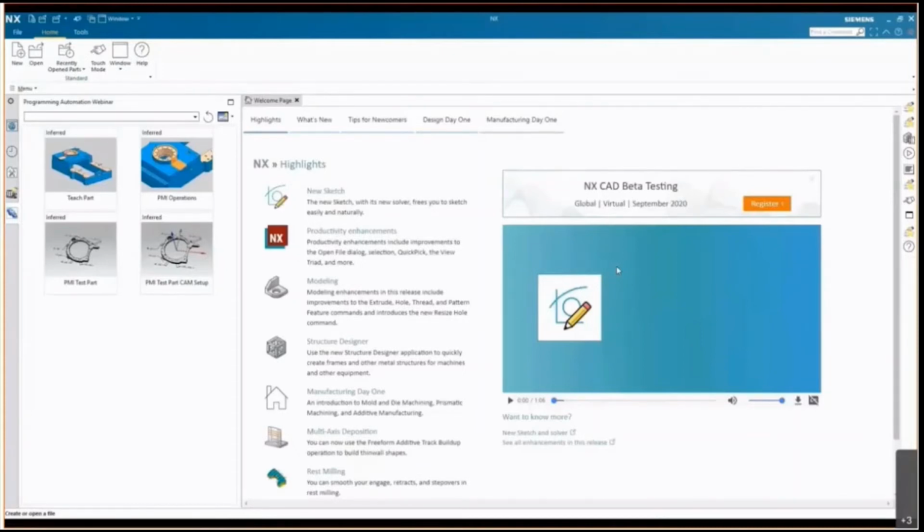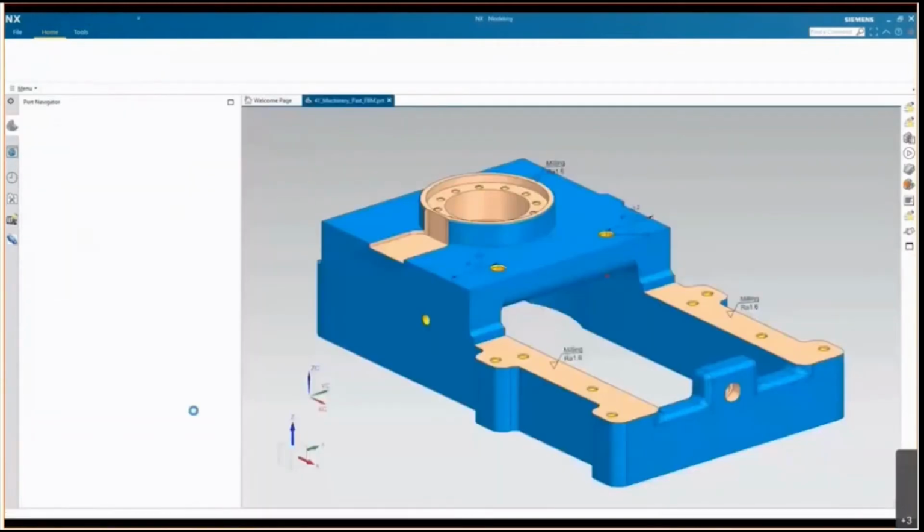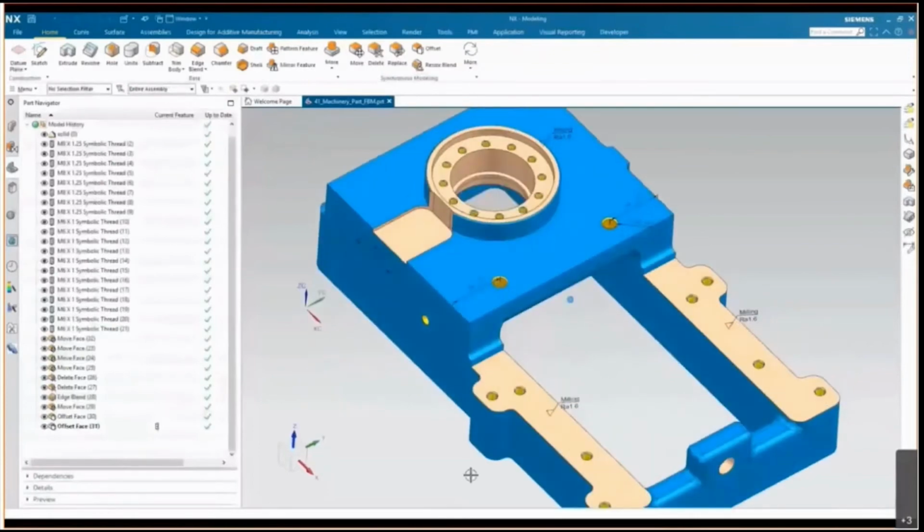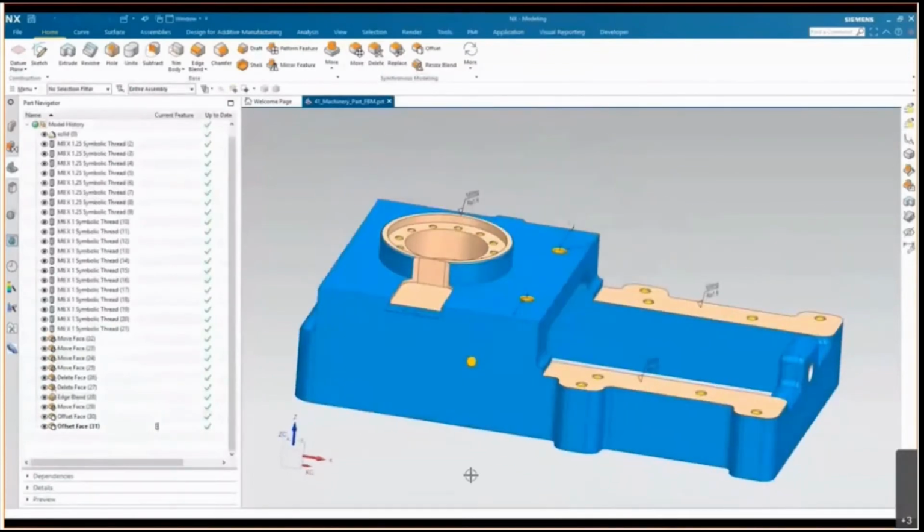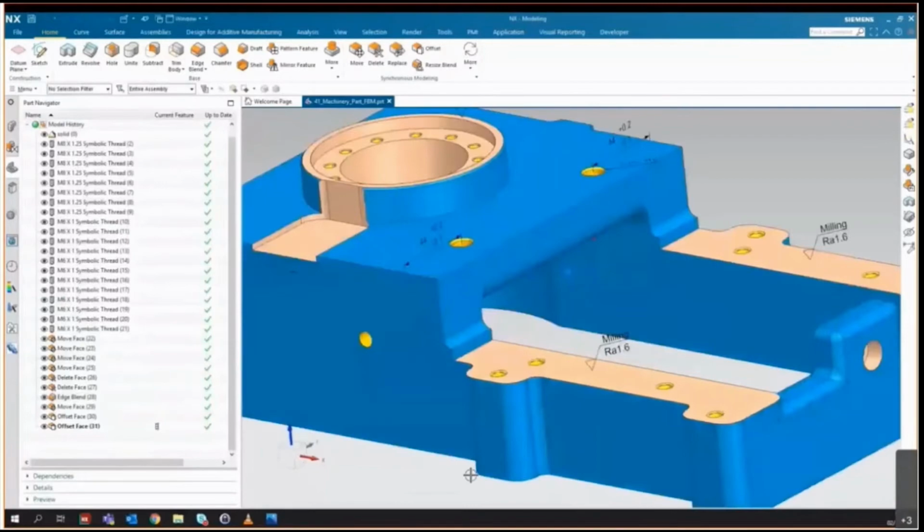So first of all, I'd like to just quickly open up a sample part. This part, I'll share the link to all of the attendees later on. You can get hold of this as part of the feature-based machining kit. It comes with everything you need to get started. But as you can see, pretty generic style part.